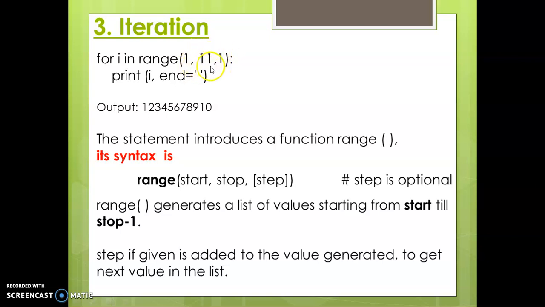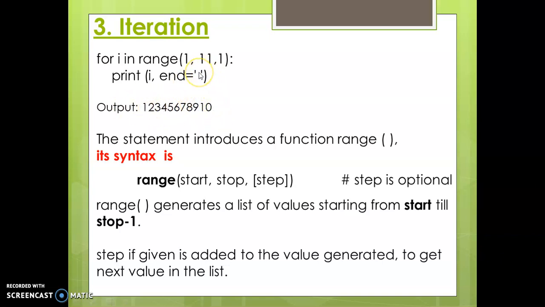You have to separate each with a comma, and at the end you have to apply a colon. Here, print i, comma, and this is for space, print i. Whatever counter variable you are using will be printed. See here, it is given 11, so it will work till 10. So 1 2 3 4 5 6 7 8 9 10. This is natural.